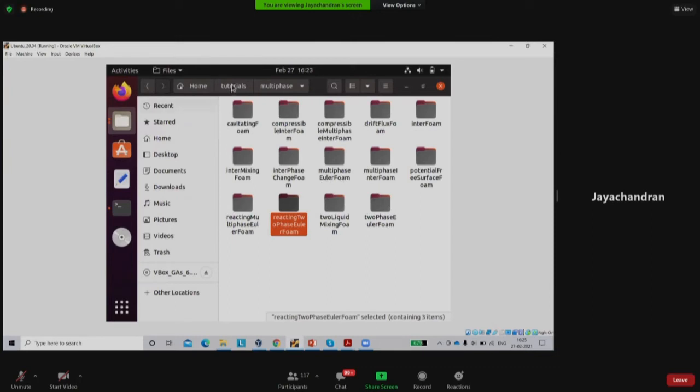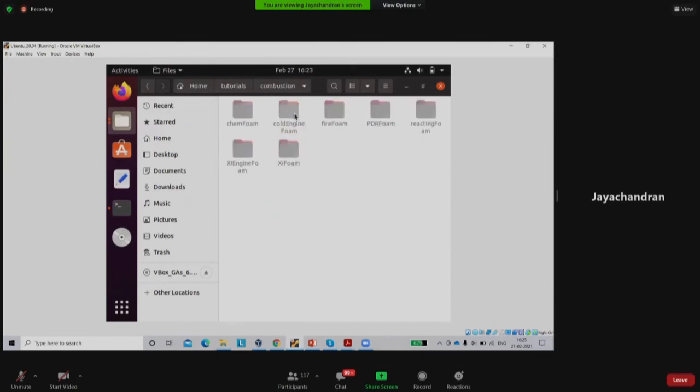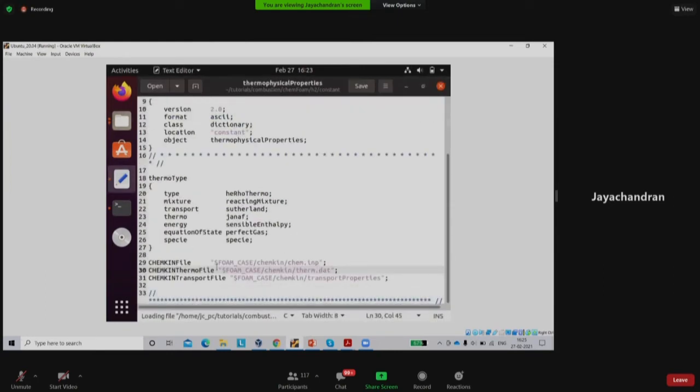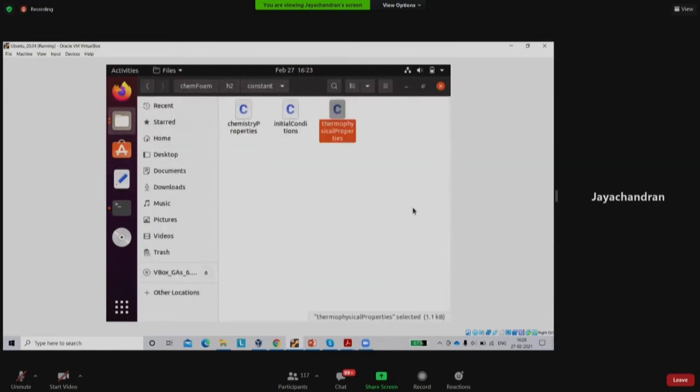And one final thing I just want to show is that right now we have seen a single step reaction, right? But in most cases, the reactions will not be single step. For example, if you take the hydrogen combustion, if you go to the constant folder and see the thermophysicalProperties, here you can see that instead of writing the equations, they have called some other files, right? This is chem.inp, therm.dat, and these files. These are from a proprietary software. Chemkin is a software that solves these chemical reactions. So you can make a note of it. When you get time, you can go through the Chemkin solver.